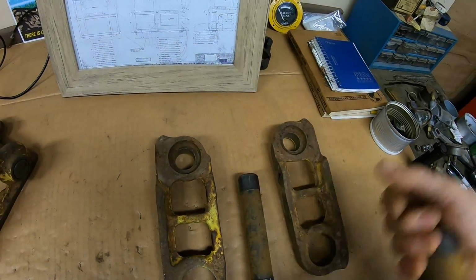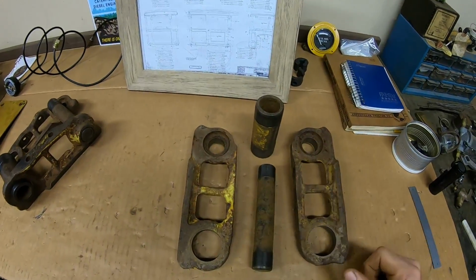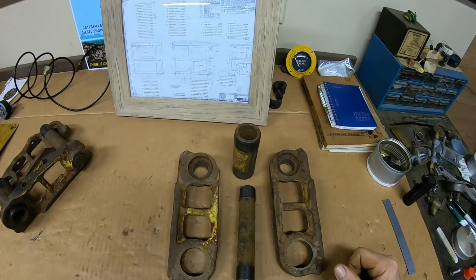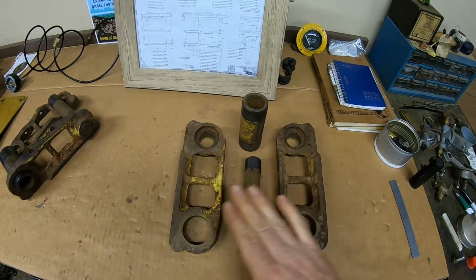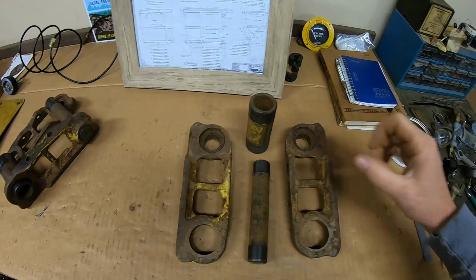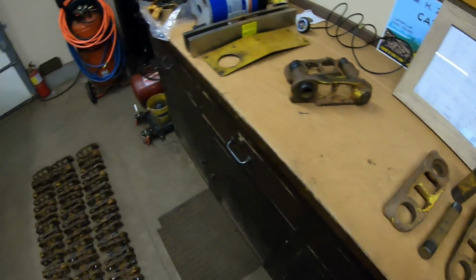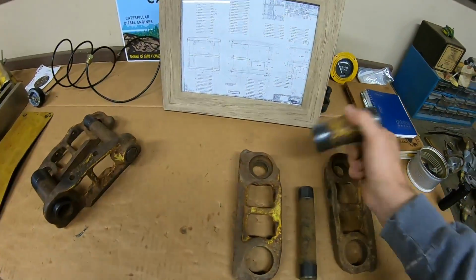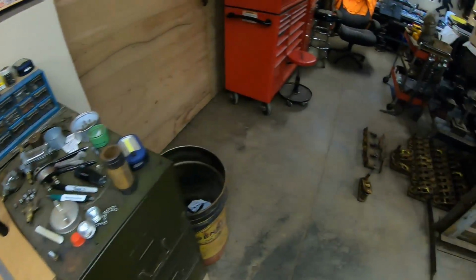Okay, first thing I need to stress is how important it is to maintain organization when you're doing this type of work. You need to be thinking about not only the step that you're on, but the step that's coming next as well. So when we begin preloading pins and bushings into track links, we need to decide if we are going to preload everything into the right side link or everything into the left side link, because these are not the same. If you just randomly picked links and pins and bushings from this pile and then just press stuff together however you grabbed it, you're not going to end up with an even chain that you can feed